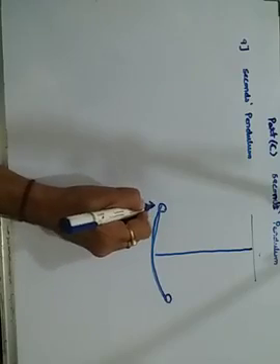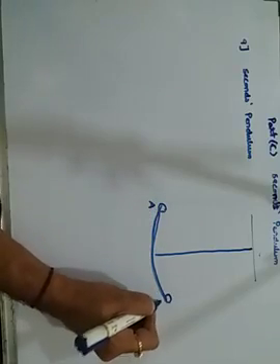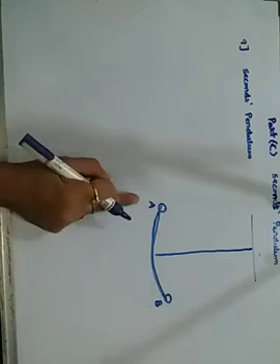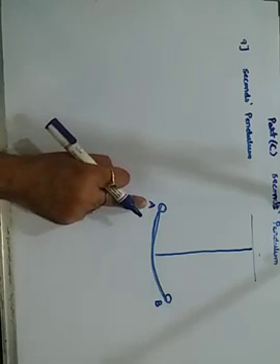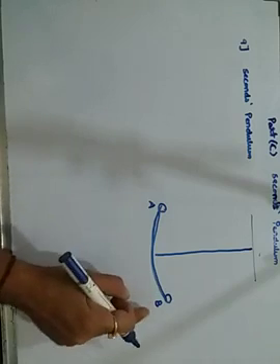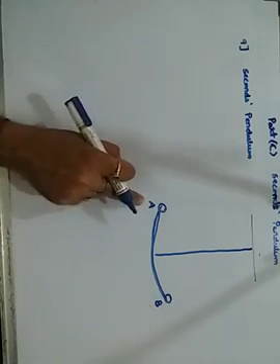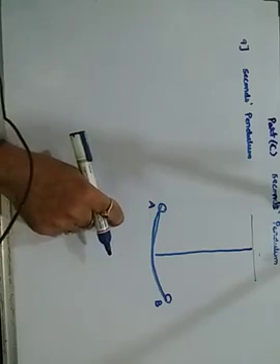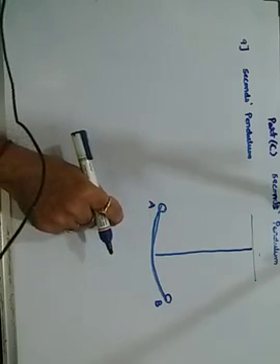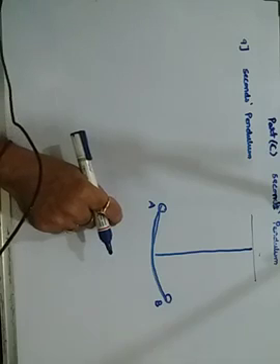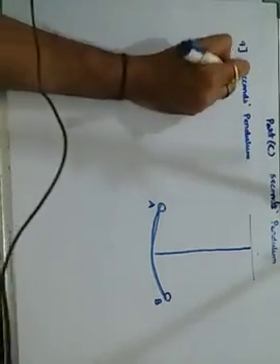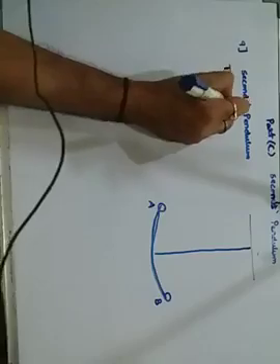Starting from A, it is going towards B. This is only half an oscillation. Oscillation means coming back to its original position. So if it starts from A, it moves towards B, and from B again it has to move towards A; only then is one complete oscillation done. But here it is asked how much time the bob of a seconds pendulum takes to move from one extreme of its oscillation to the other. So here, since it is a seconds pendulum, the time period is 2 seconds.